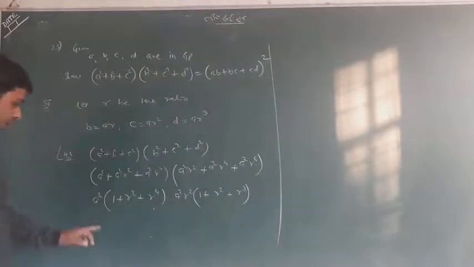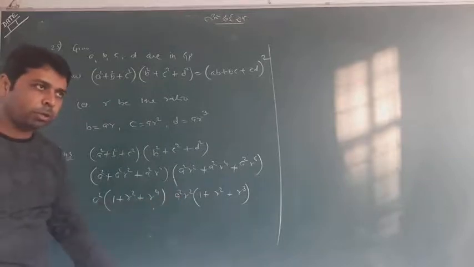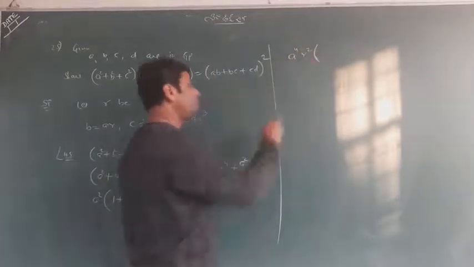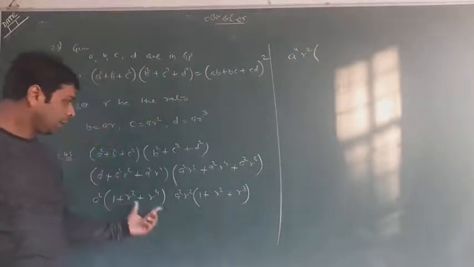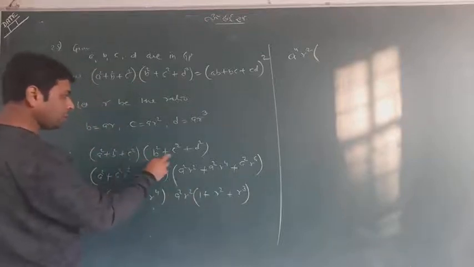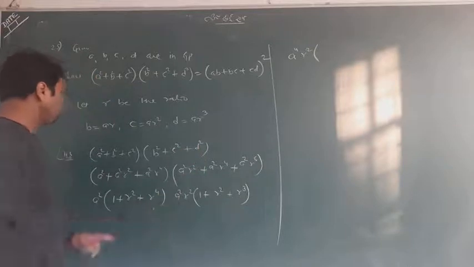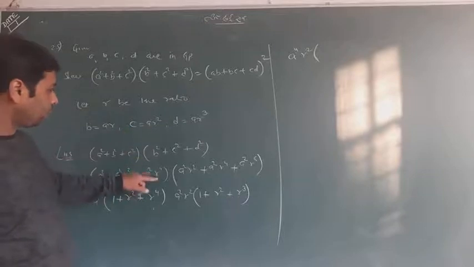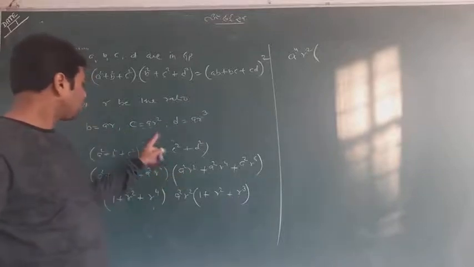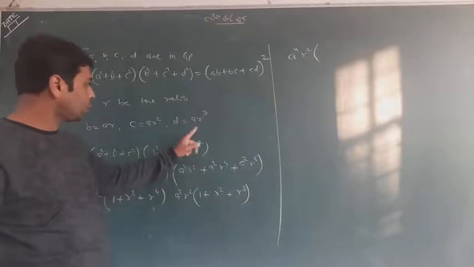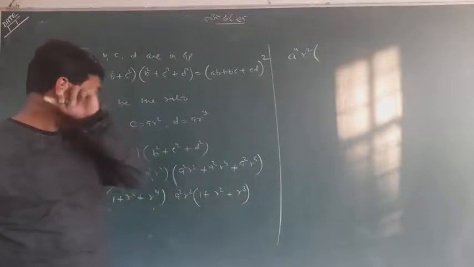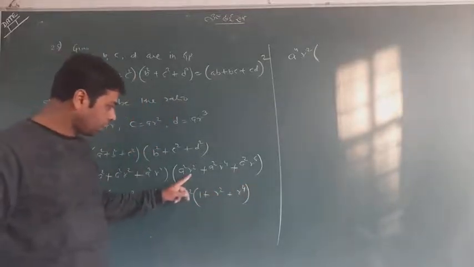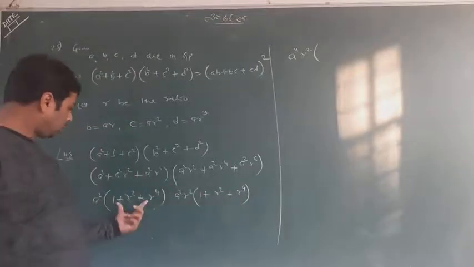Now it is a multiplication. Please arrange all the things. a square into a square r square will be a to the power 4 r square. And these two terms are the same. Okay, one mistake I made somewhere, let me check it. a square is a square, b square means a square r square, c square means a square r to the power 4, and d square means a square r to the power 6. Okay, no matter at all. Sorry, it is r square I took common. It is 1, r square and r to the power 4. Now these two terms are the same.